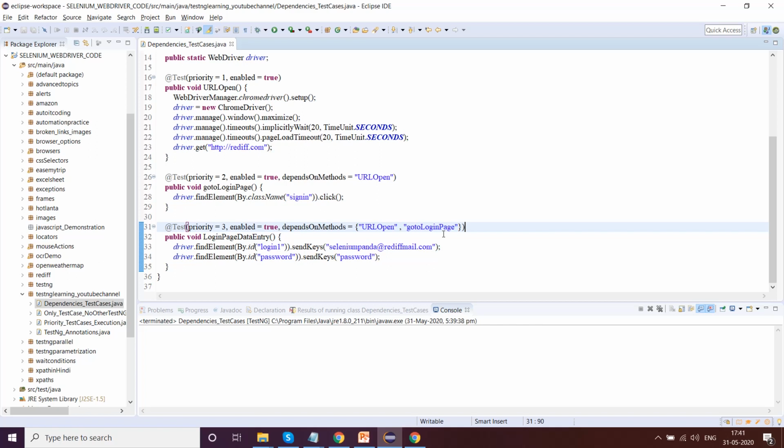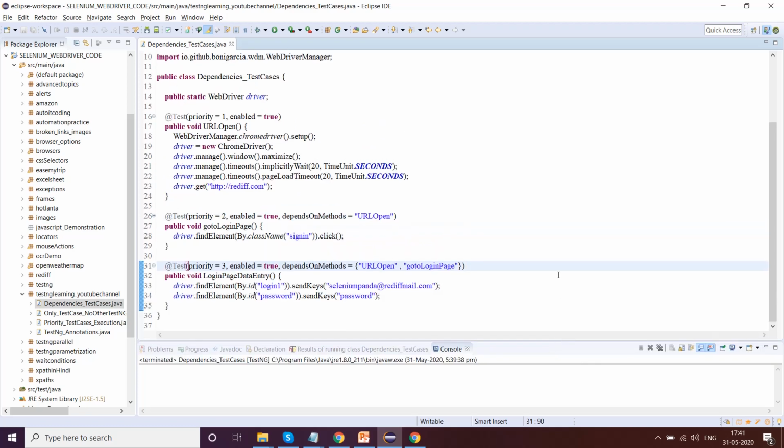This is what actually makes your framework design more structured and understandable. You will know where you are going wrong. This is why dependsOnMethods is a very important topic for interviews as well as your coding perspective when you write your TestNG code in terms of framework designing principles. So I hope you like this session about dependencies.